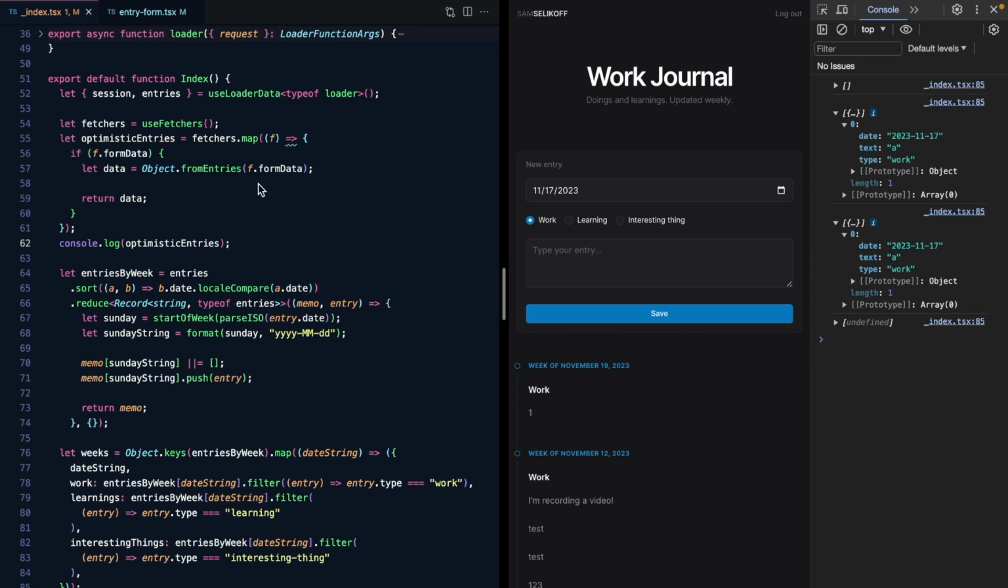But because it does get cleared, let's go ahead and change this into a reduce, and we'll just ignore the case where there is no form data. So I'm going to change this to reduce, and we'll give it a memo in each fetcher, and this will be an array. And if we do have form data, we'll go ahead and memo.push this data,